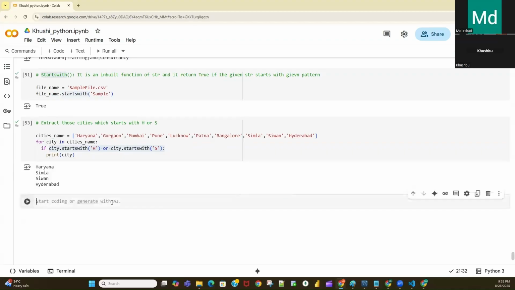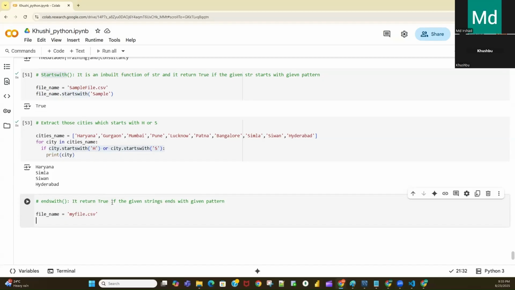Now there is one more function that is called the ends with function. What will this ends with function do? It returns true if the given string ends with the given pattern. For example, let's say you have a file name equal to my file dot csv.